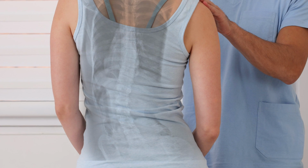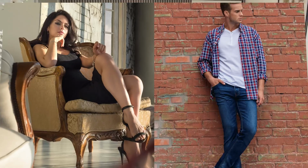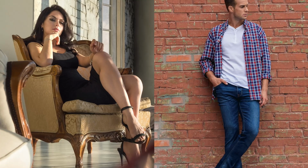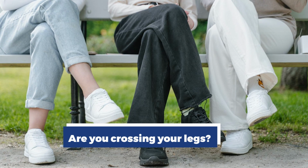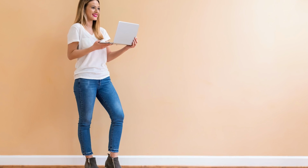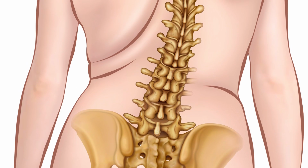It's most likely a cause of the way that you carry your body in your life. So, the way you sit, the way you stand, maybe even the way that you lay down on the couch or sleep. So, are you crossing your leg always from one side to the other? Are you always standing shifted onto one leg? And are these events happening often enough, repetitively over a long enough period of time, maybe 5 or 10 years or 20 years? And it's on such a subtle level that you don't even realize it, but it's shaping your